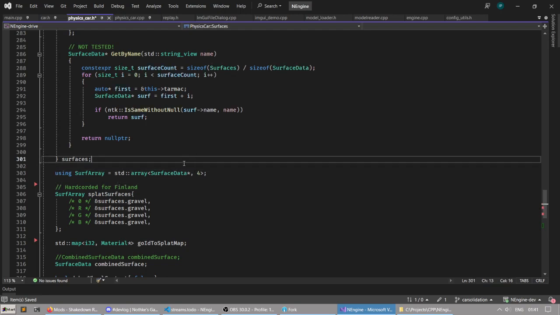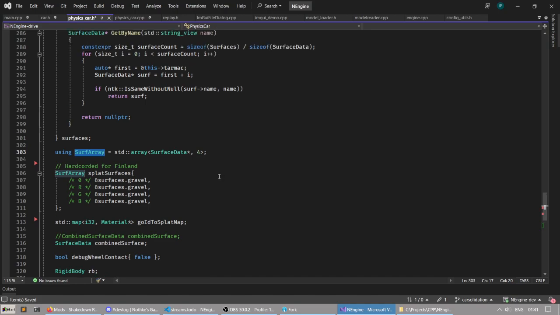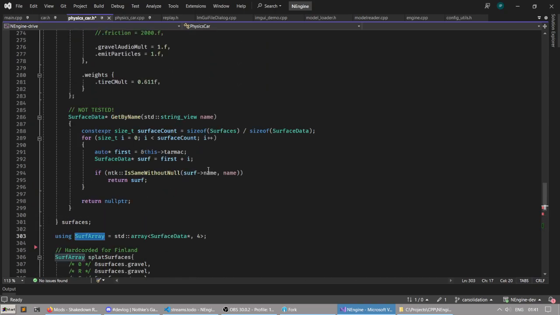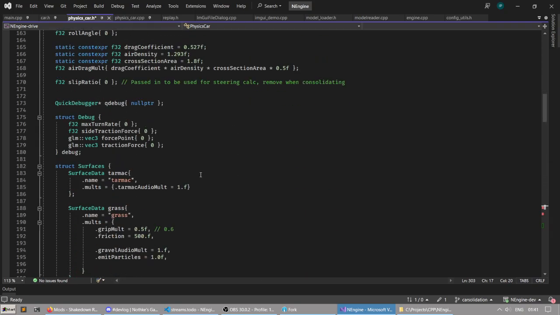So surface arrays, what is this? I need to remember. Okay, it is just the std array of pointers to surface. Interesting. Not tested surface data. Yeah, I wonder if I should put